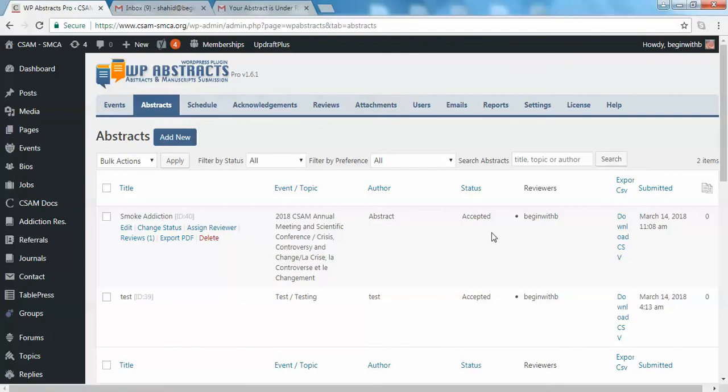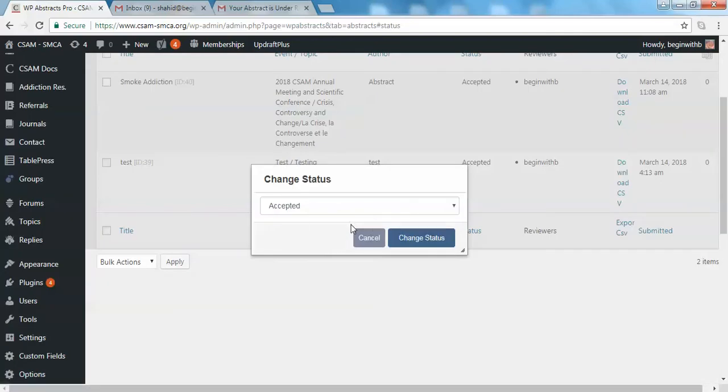So in order to change the status for good and inform the author, we'll have to go and click on change status. As you can see here, reviews 1. So now we'll go and change the status to inform the author that your abstract has been accepted. So let's change the status from